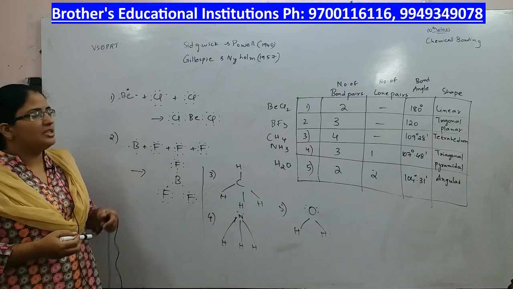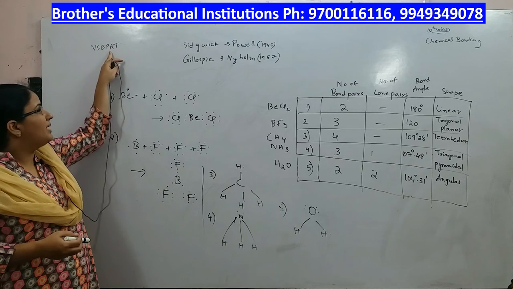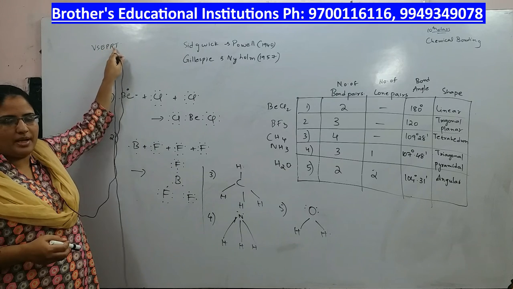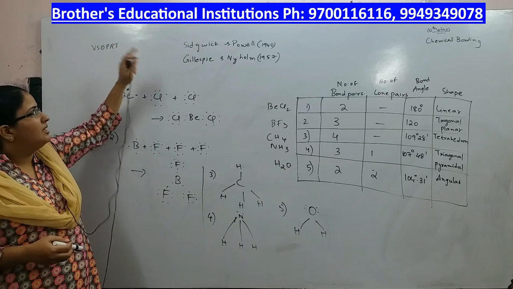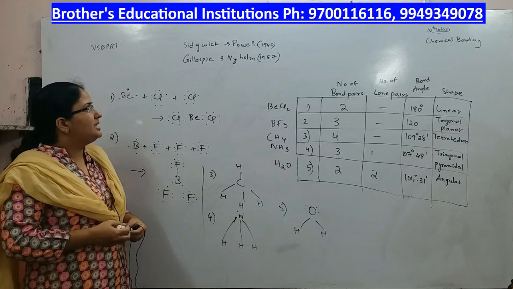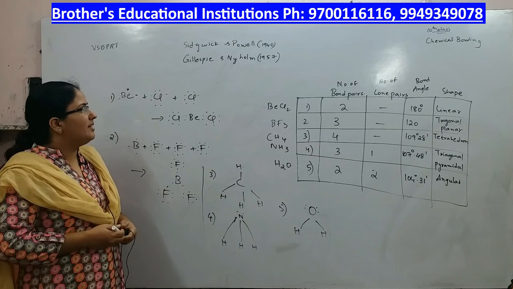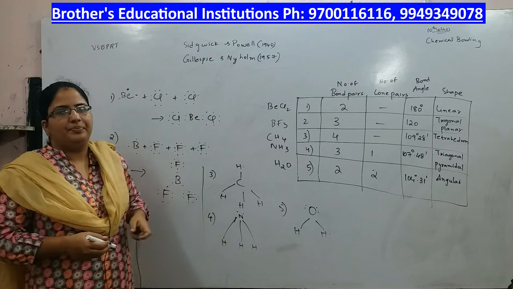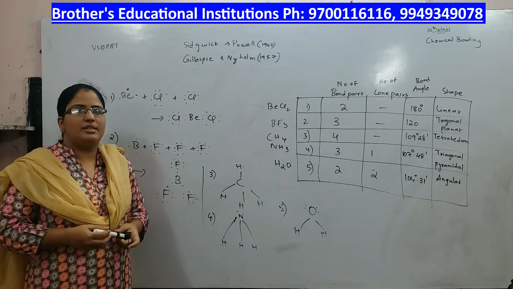VSEPR theory is called valence shell electron pair repulsion theory. It was given by Sidgwick and Powell, and further developed by Gillespie and Nyholm in the year 1957. Now, the first point of this theory is